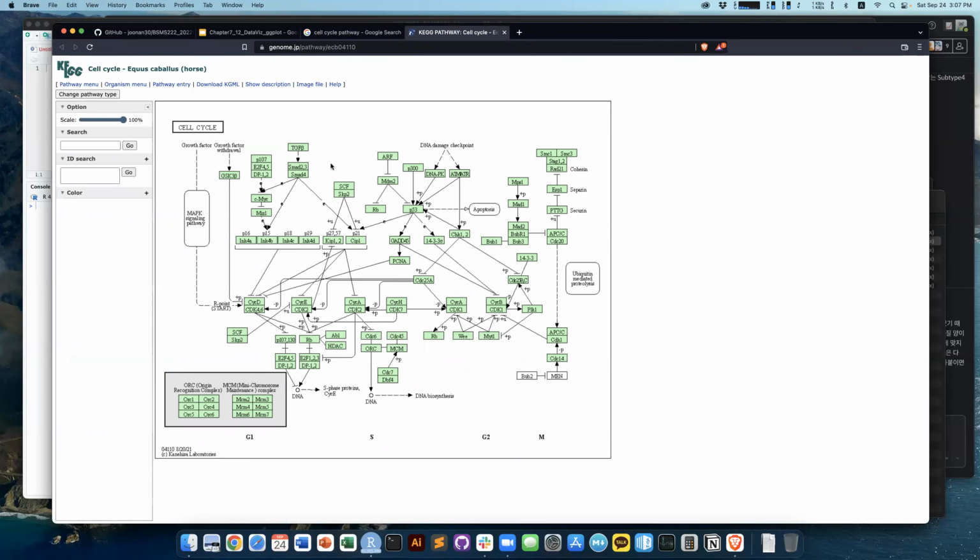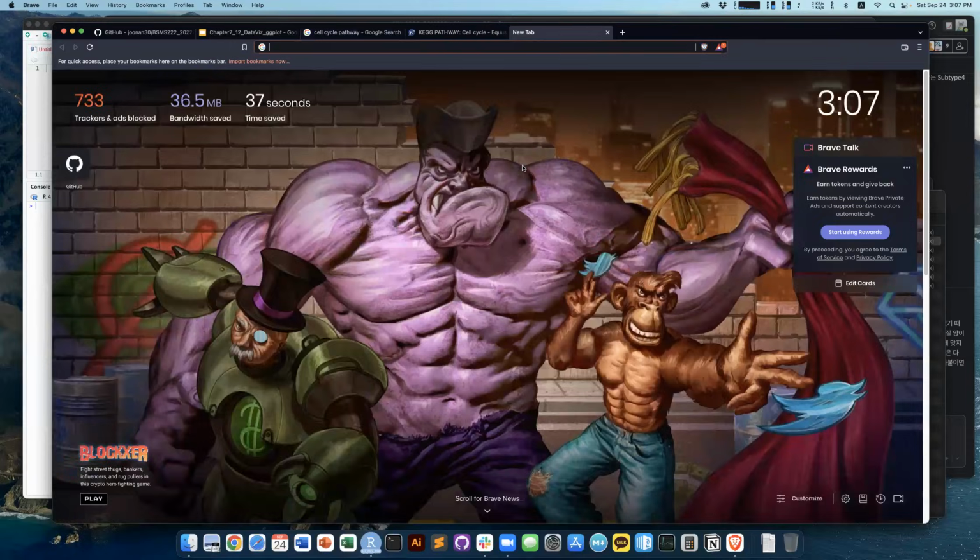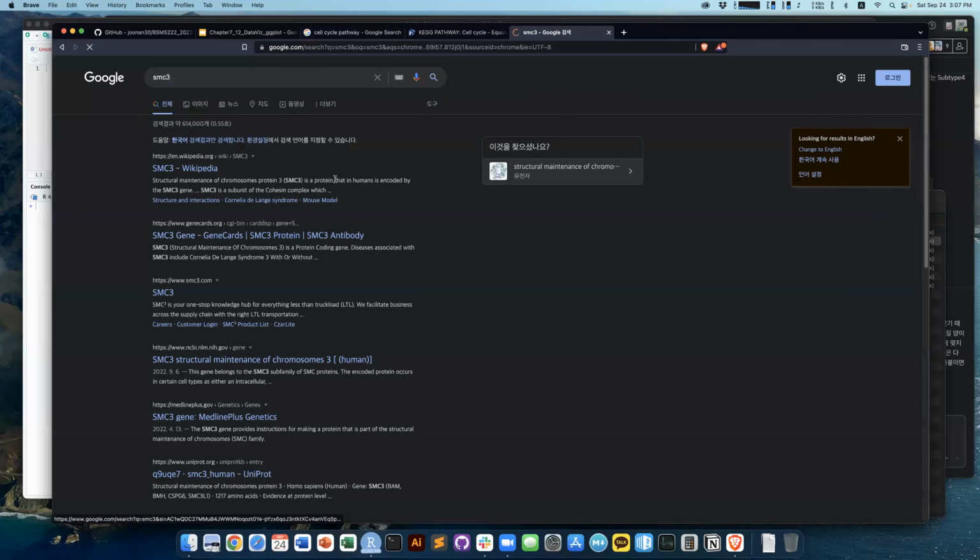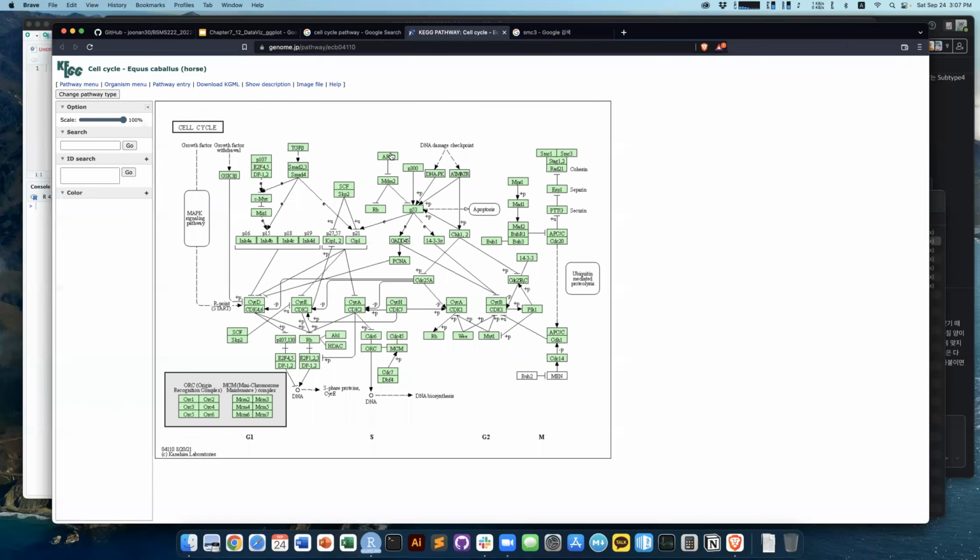There are some initiating points like TGF-beta, P300, or SMC3, the protein working in cohesin, right? So mitosis has to make a junction, right? All of that information initiates the signals for the cell cycle